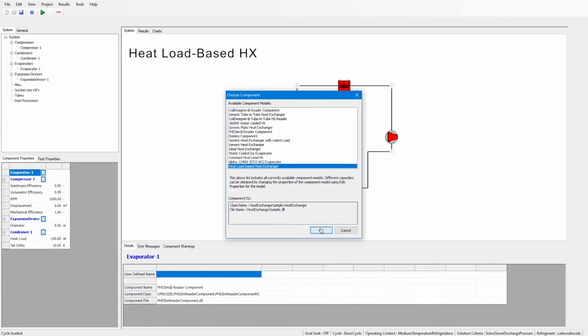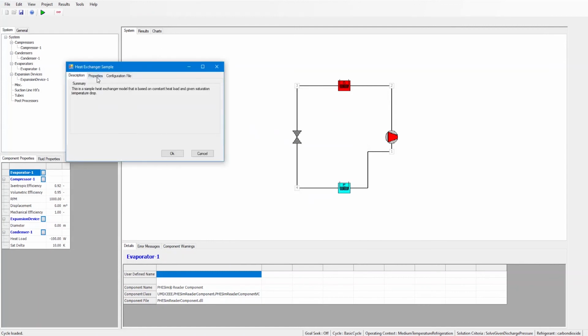The heat load-based heat exchanger allows a user to enter saturation temperature drop and heat load. The heat load is assumed to be constant. Clicking on a text box results in a description of what the property is. In this case, the saturation temperature drop has to be in Kelvin and the heat load has to be in